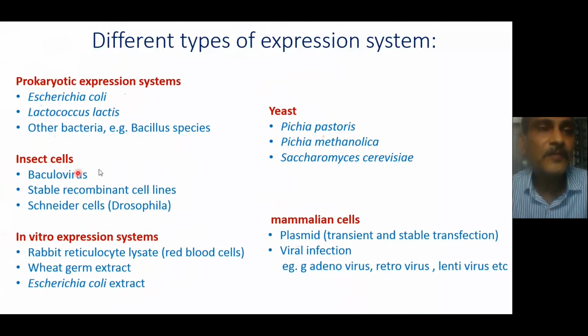Okay, and why are we not using a simpler system like the prokaryotic expression system for expression of this big protein Huntington? The question here is what we want in the outcome. As I told, Huntington is a very big protein. It's a 350 kilodalton protein, and it has multiple post-translational modification sites. The limitation of the prokaryotic system is that it does not carry out so many modifications because they lack the enzymes which carry out the modification, and also it's not a very good system for large proteins. Such a big 350 kilodalton protein is a very large protein, so we cannot use a simpler system like